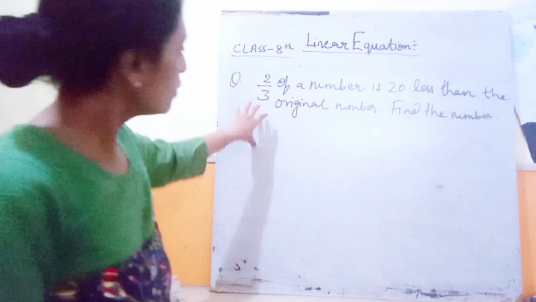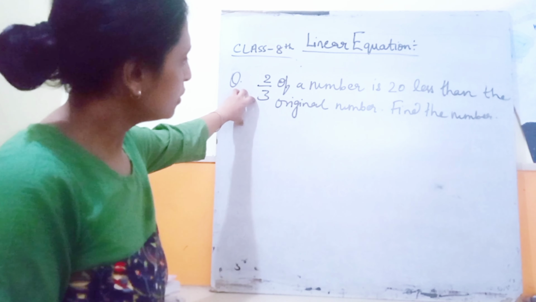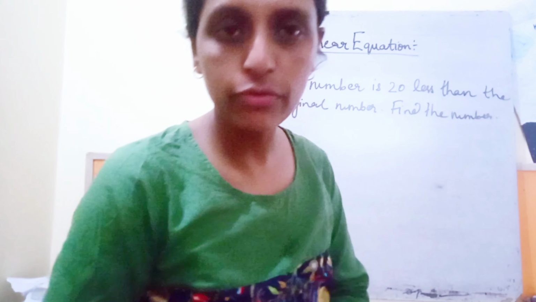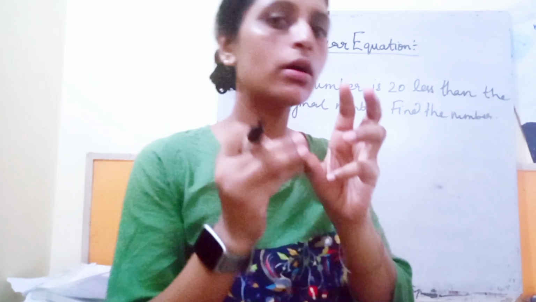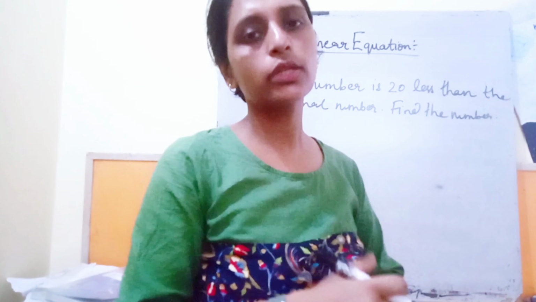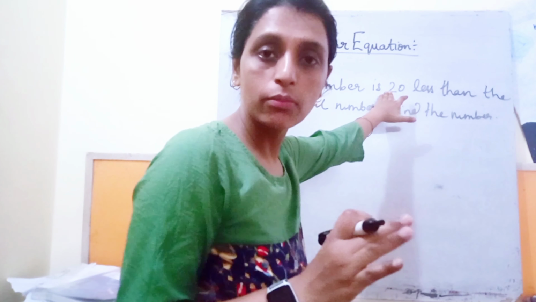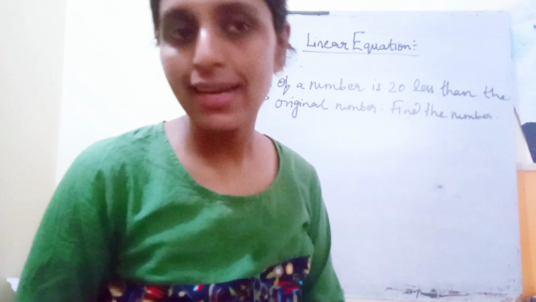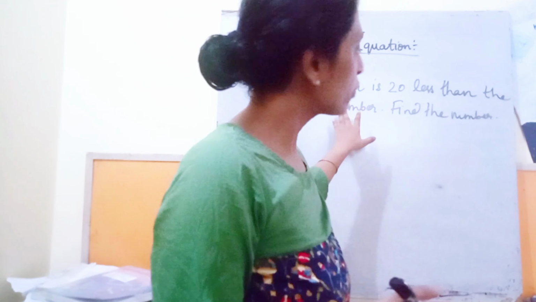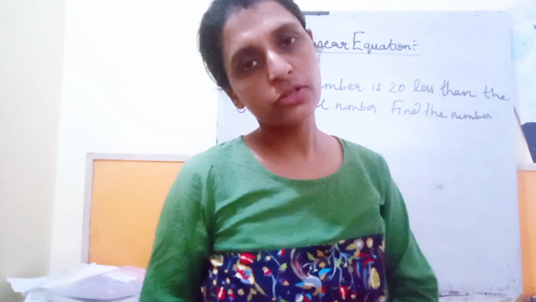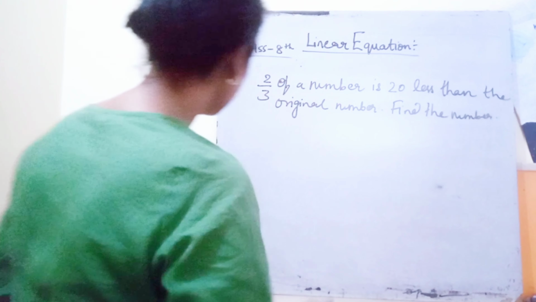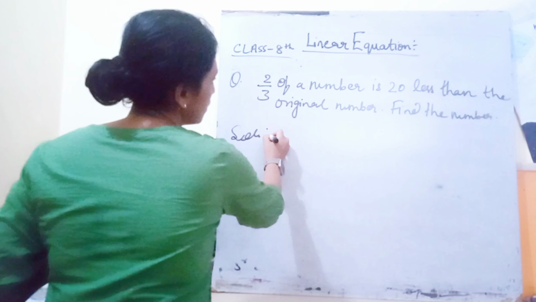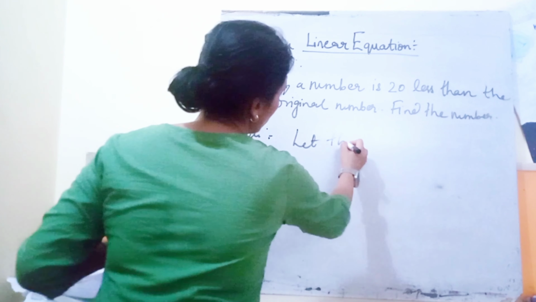Here in this question we have to find the number whose 2/3 is 20 less than that given number. Okay, मतलब जो ओरिजिनल नंबर है, जब हम उसका 2/3 निकालते हैं तो वो 2/3 ओरिजिनल नंबर से कितना कम होता है, 20 कम होता है, 20 less than होता है. ओके, तो हम लोग ओरिजिनल नंबर को x consider करेंगे. So let the original number be